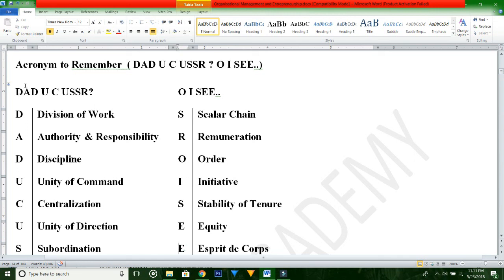D means division of work. A means authority. D means discipline, then unity of command, centralization, unity of direction, subordination, scalar chain, remuneration, order, initiative, stability of tenure, equity, spirit